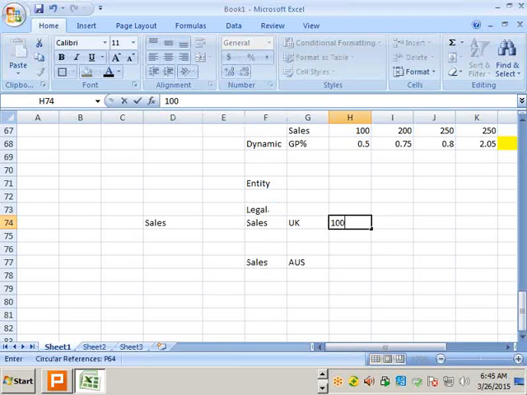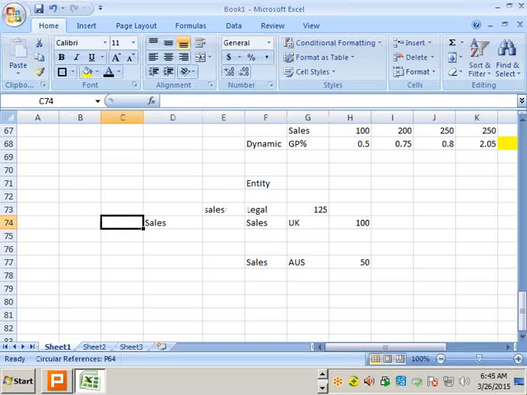Say, for example, here you are giving 100 GBP, here you are giving 50 GBP, and you are able to see 125 after translation. You are able to see the Sales consolidated value at this moment. If you have not enabled the Is Consolidated attribute in the account dimension, the value will not be rolled up at the legal level. That means if you enable the consolidation property at the account dimension, only then does it support consolidation at entity level. Otherwise, you can't see the consolidated values at parent levels. The data remains at base level only and will not roll up into the parent level.